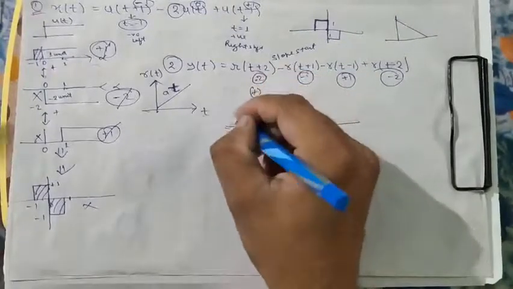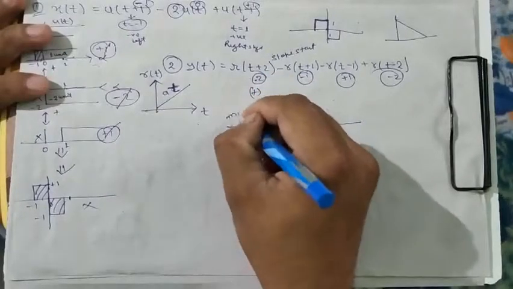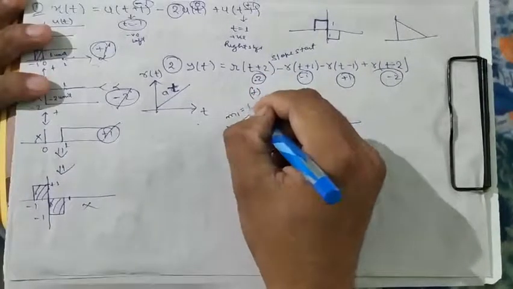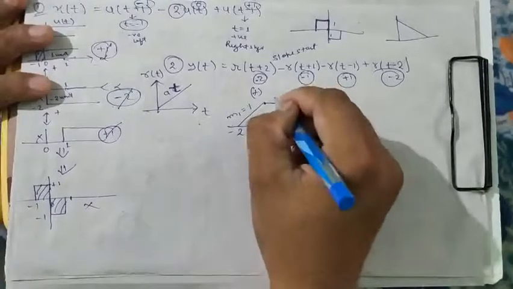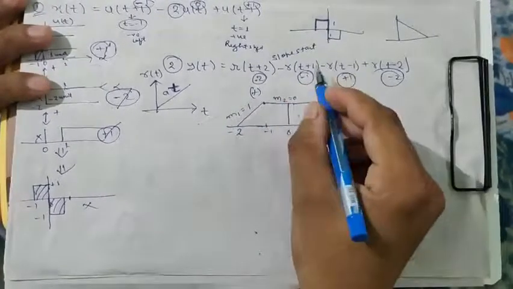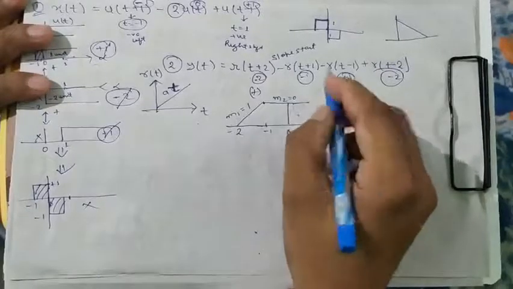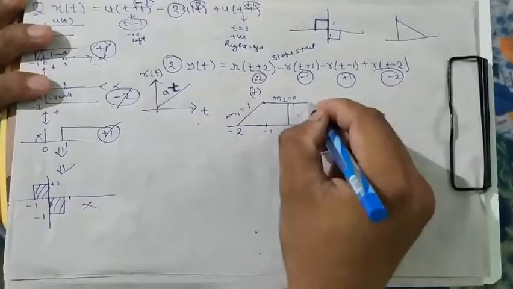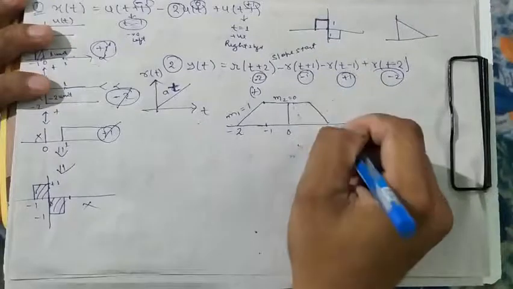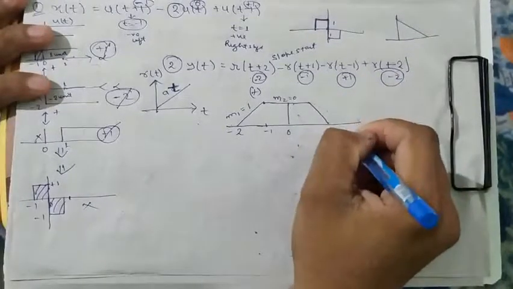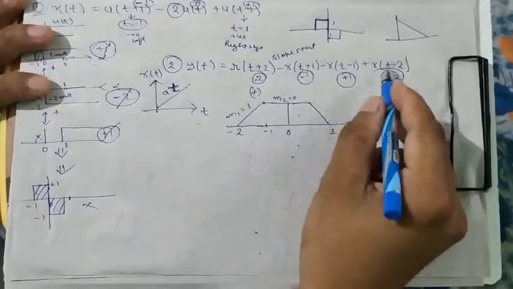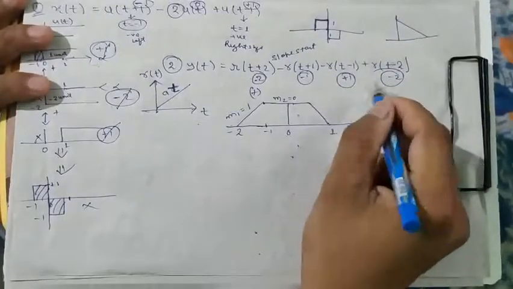Okay, so here m1 is 1, here m2 slope will be 0, cancelled out, and again the negatives, so negative slopes up to -1, that means +1. Okay, and again slope is going but again positive, so again positive negative